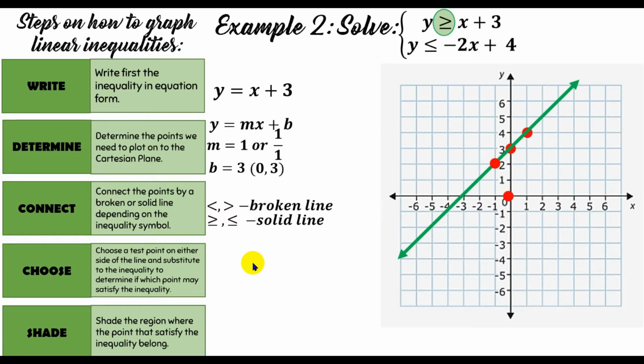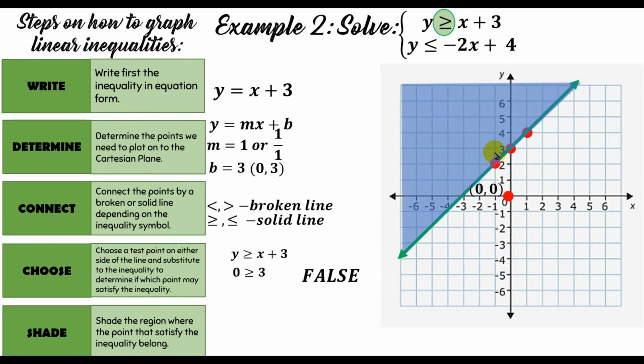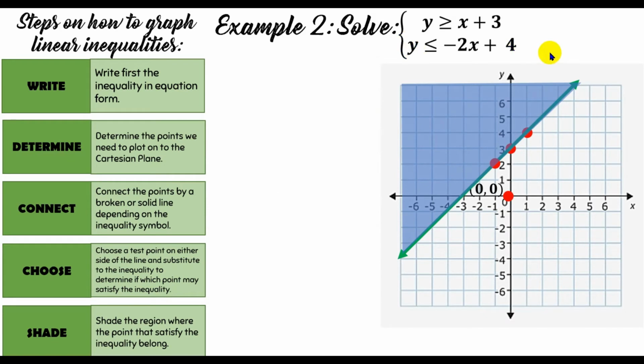So, substitute natin ang 0 and 0 doon sa ating x and y ng first linear inequality. So, magkakaroon po tayo ng y is 0, x is 0, 0 plus 3 is 3. Now, the question is 0 greater than or equal to 3? This is false. So, that means the shaded region is the region where 0, 0 is not located. So, ito ngayong nasa upper region yung ating shaded portion. Okay? Let's proceed to the second linear inequality